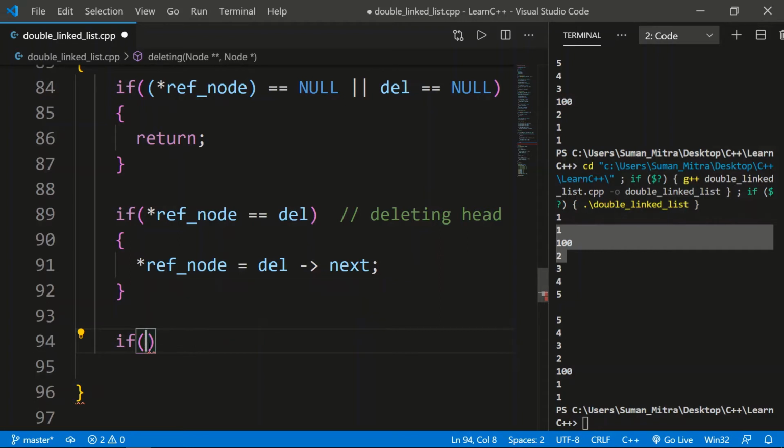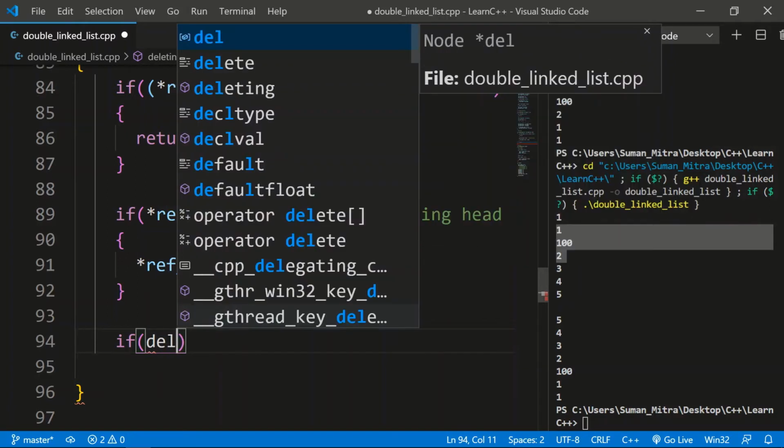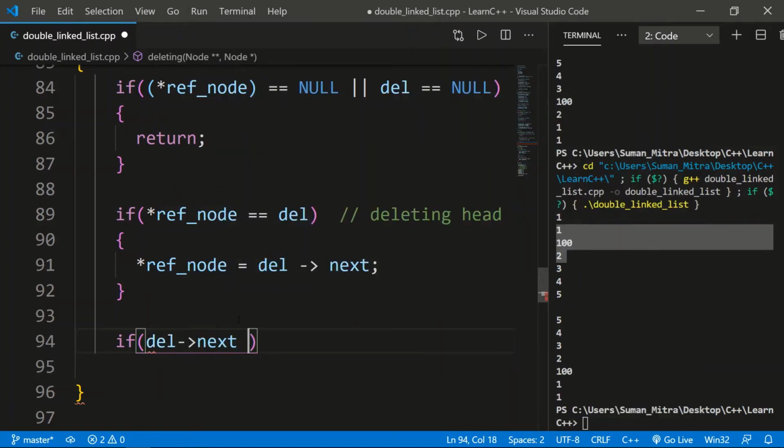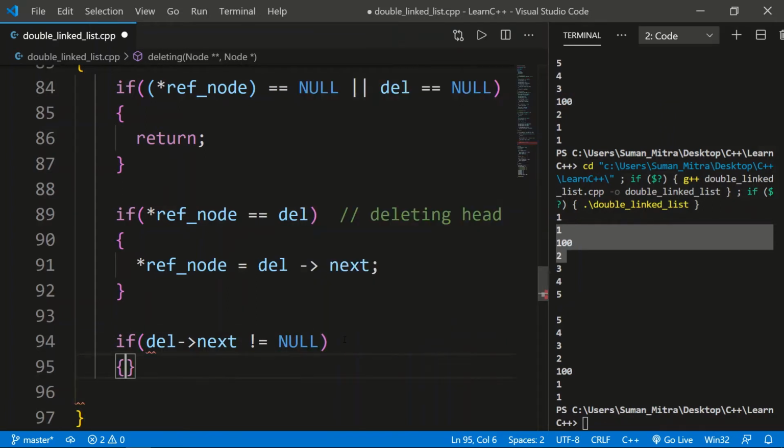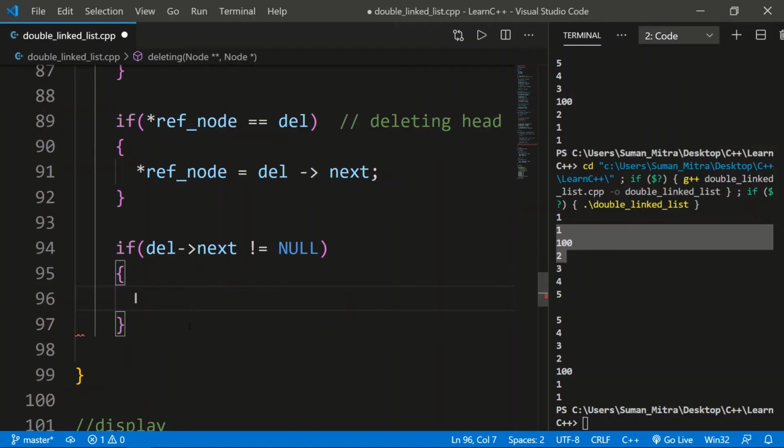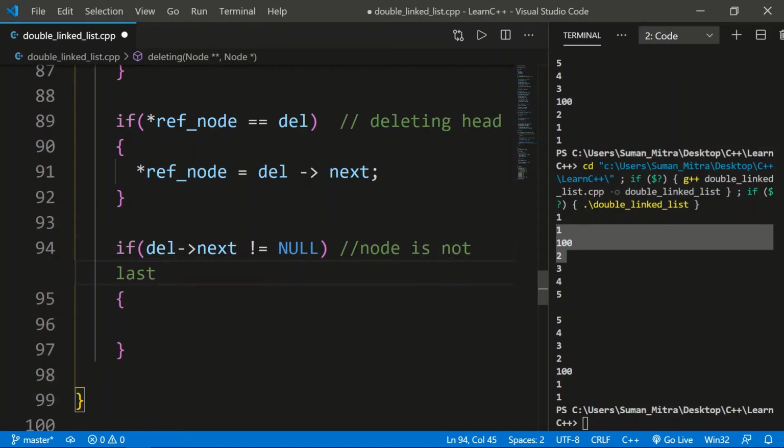if it is not pointing to null, meaning it is not the last node. If our delete is not the last node, we can just write delete next is not equal to null. What does this mean? This means that if our deleting node is not the last element, next will not point to null. So this condition is for when the node is not last. You know the last node's next will point to null. So if it is not the last node, what should be done? It should be done that just delete next